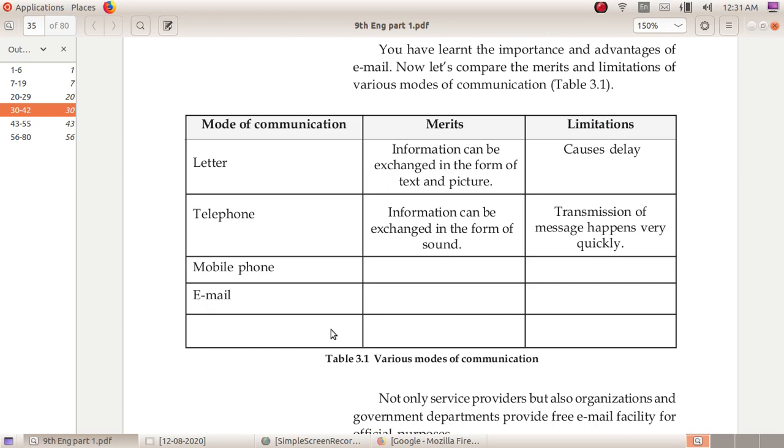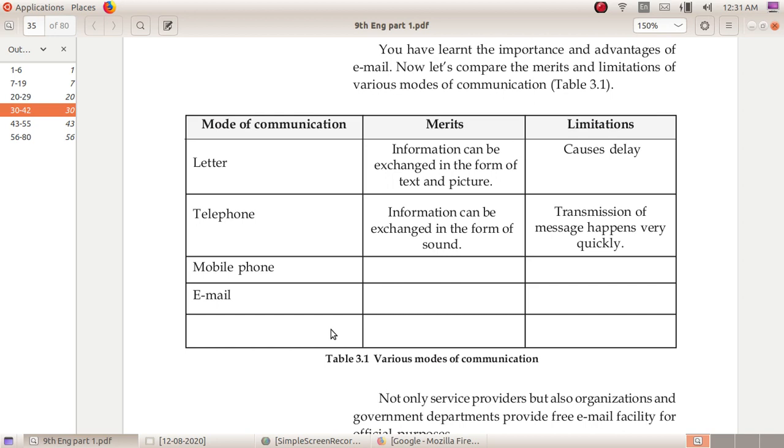Transmission of messages happens very quickly; we can consider this a merit of the telephone. The limitation is that we can't correct or modify the message. And there are two more modes of communication: mobile phone and email.